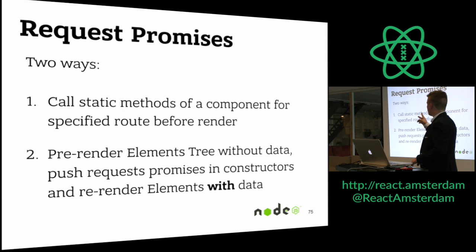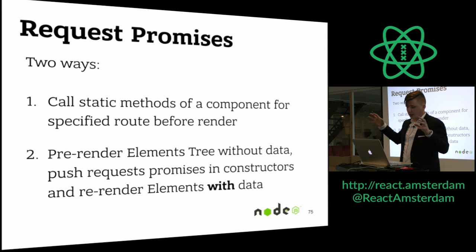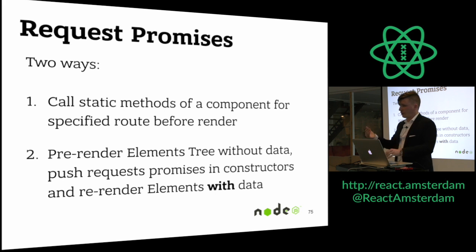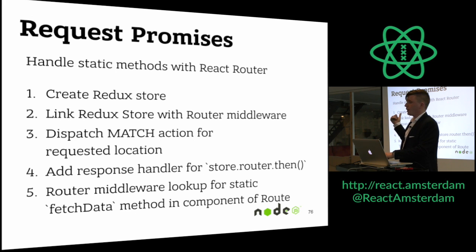Generally, we have two ways to provide the request promises approach. We can call static methods of components for a specific route, and we can just render the elements tree without data. Then we collect all promises from each component which submits promises, and we render the whole elements tree with the fetched data. The first one is we just create a Redux store, link the Redux store with route middleware,